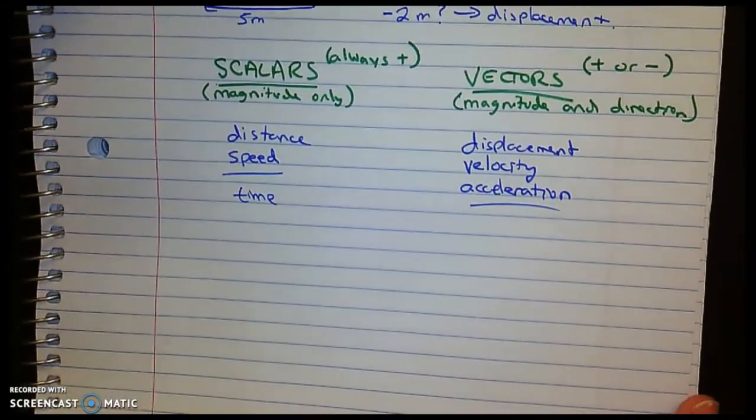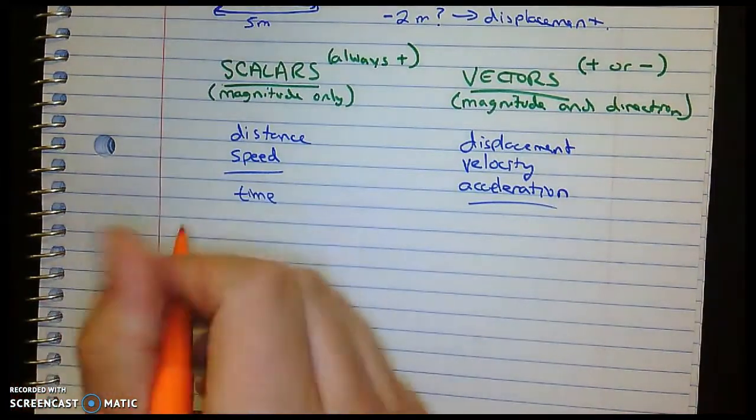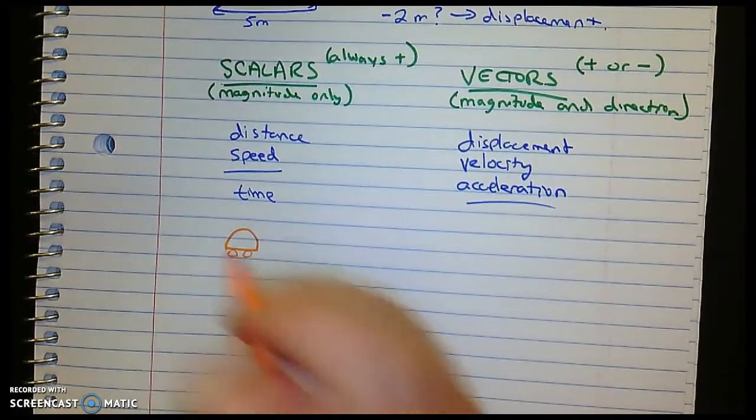I'd like to say one more thing about the difference between scalars and vectors, and I want to think about it in terms of acceleration. So I want to imagine 3 different cases of cars, and think about their motion and the velocity and acceleration vectors of their motion. Again, scalar is something that has only magnitude. Vectors have magnitude and direction. So when I'm talking about the velocity and acceleration of a car, I'm talking about a vector, which means they have to have